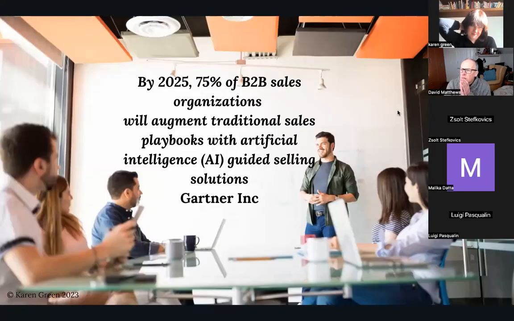But what about us? We all work in sales and business. Gartner is a massive researcher into sales and effective sales techniques, and actually this statistic is a couple of years old, but they are saying 75% of business-to-business sales organizations will use AI in some way by 2025, so in 3 years.